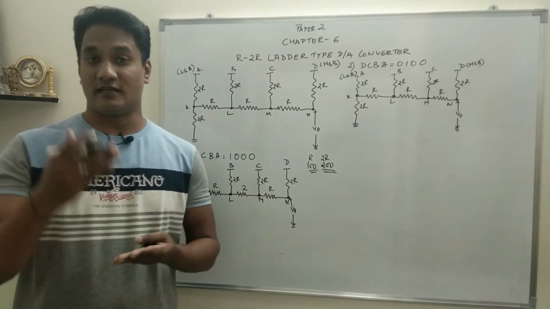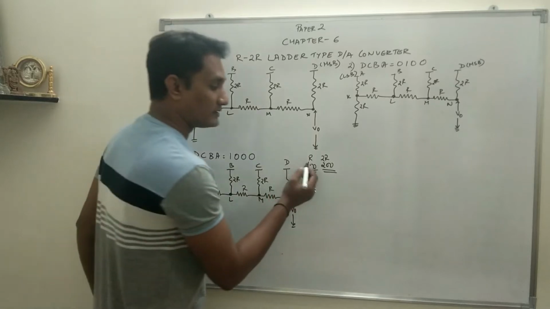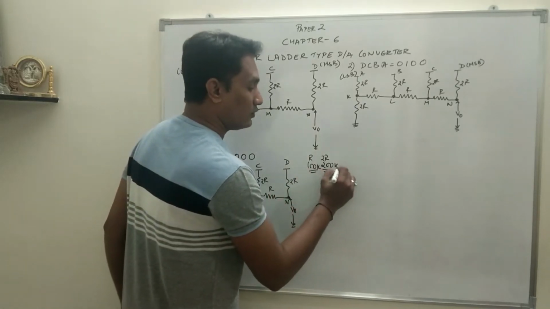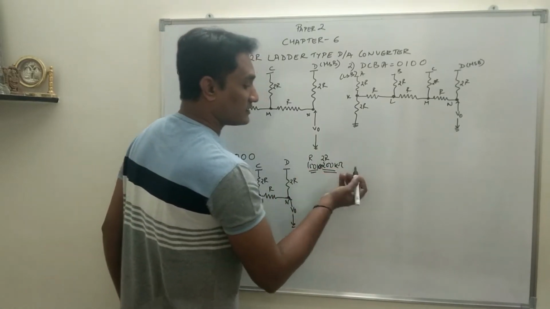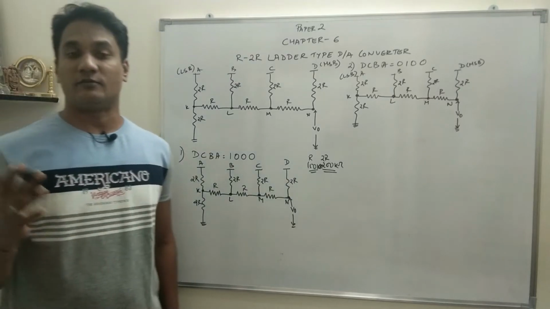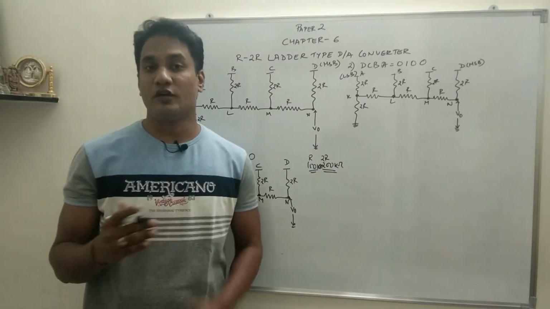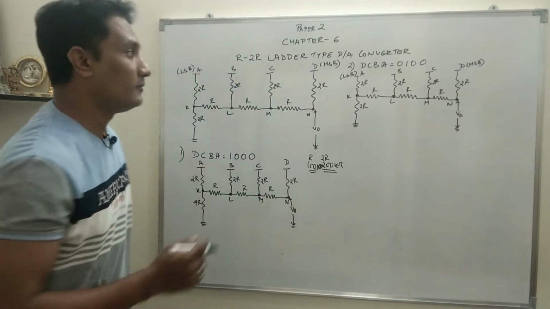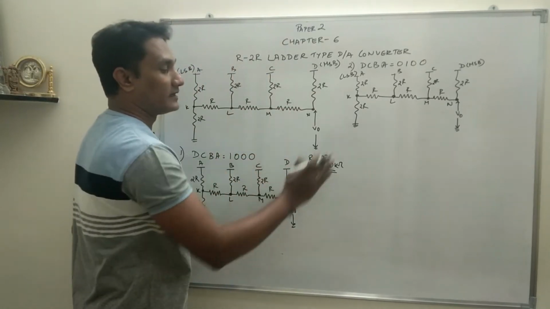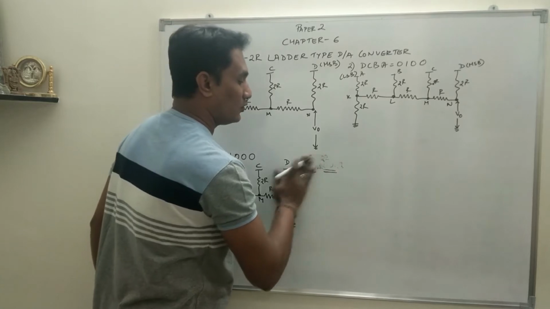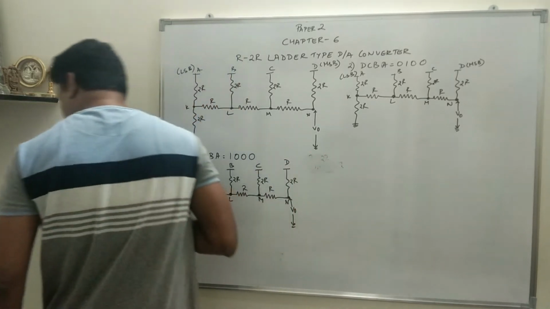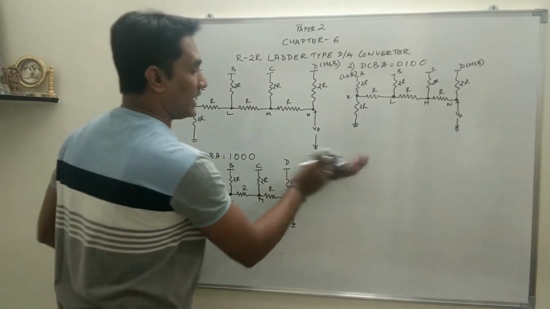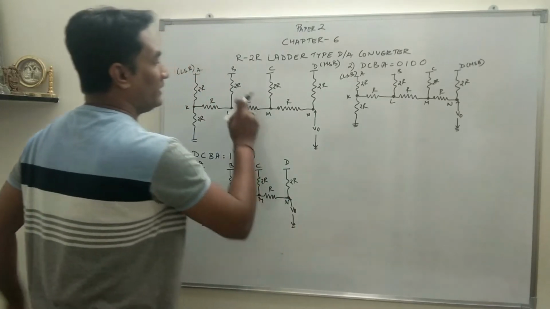And if the resistance value is taken as high, for example, say 100 kilo ohms and 200 kilo ohms, the resistance value is very high. That means there is no dependency on temperature. So both the disadvantages can be removed by using the R to 2R ladder type D2A converter. So this is the circuit diagram for the R to 2R ladder type D2A converter.